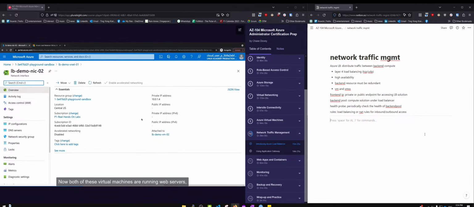Now both of these virtual machines are running web servers, and I want to be able to access them over the internet using my load balancer. So the first thing that we're going to